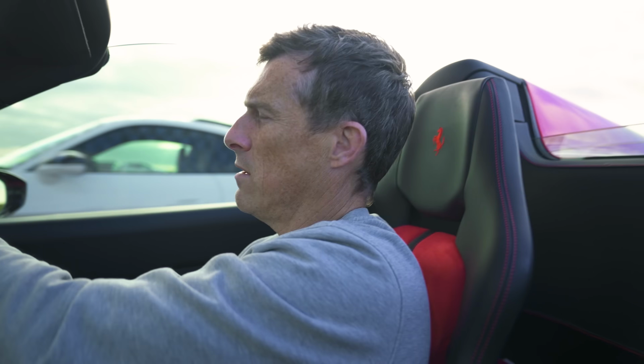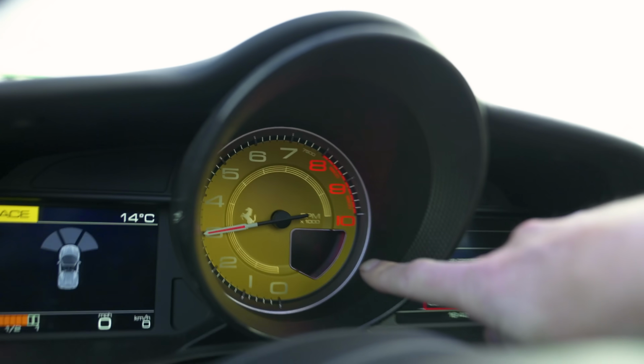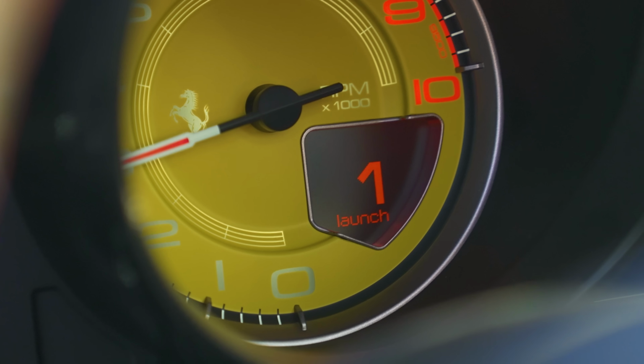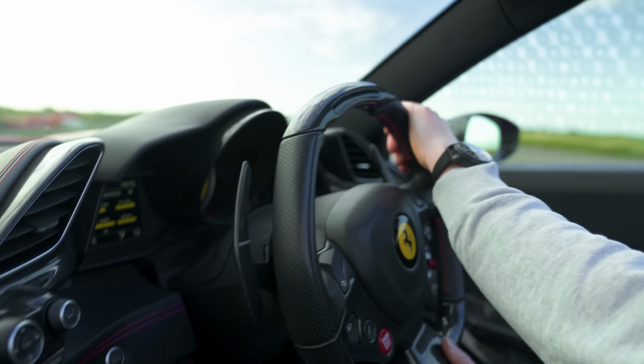So we're on the runway here where we would race. If I drive it off the runway, left foot on the brake, launch, launch, launch, look. I decided to test it at other locations all over this site, and it will go into launch control everywhere besides on the runway. So I spoke to the owner, and he called Ferrari and his tuner to see if